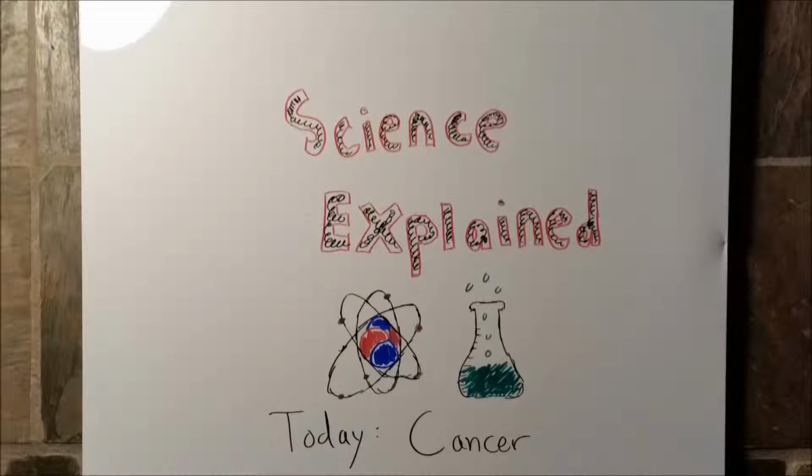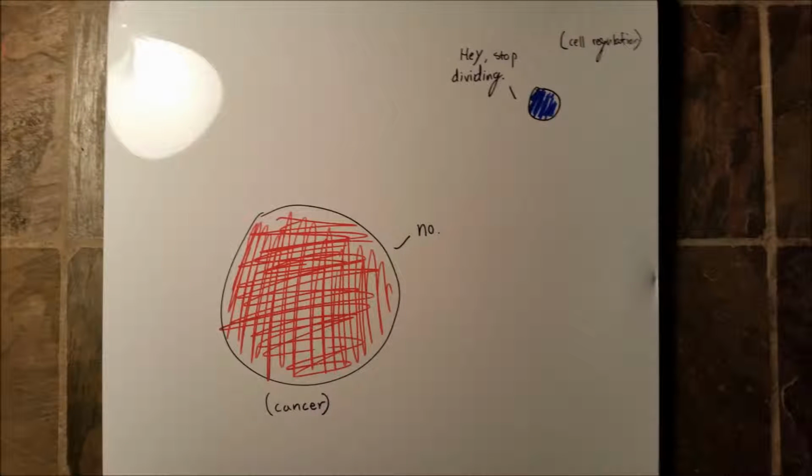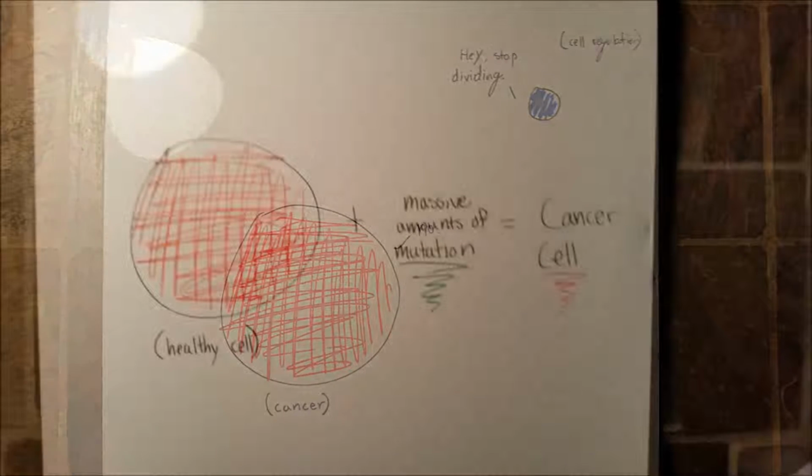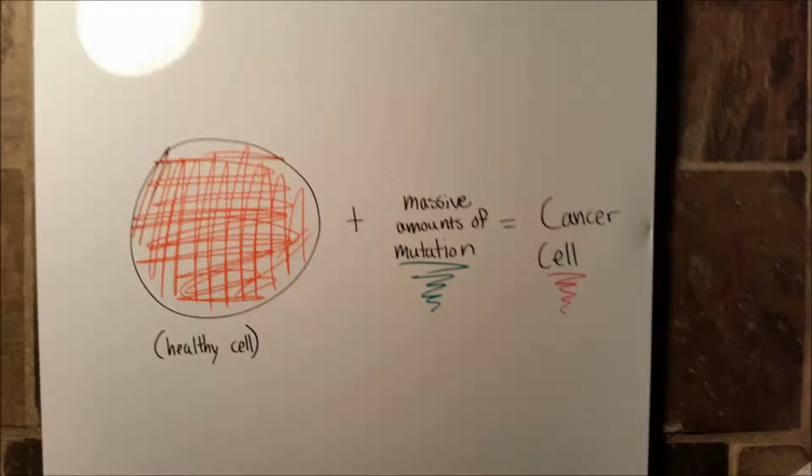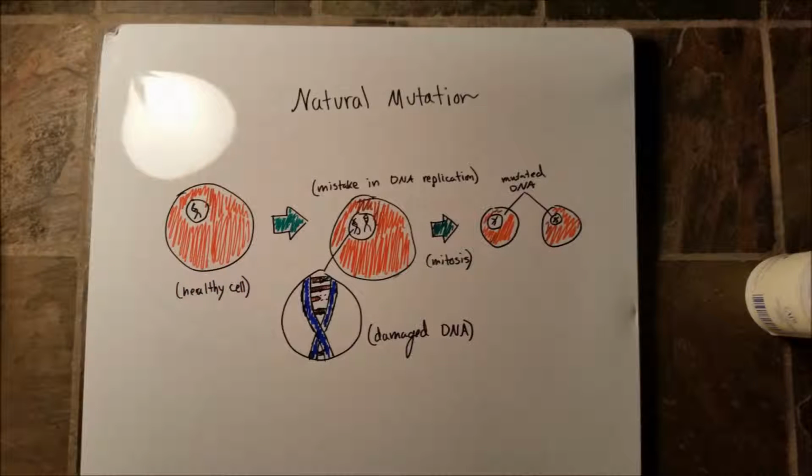Well, the answer to the first question would have to be that a cancer cell is just a cell that no longer has control of its reproduction, or essentially it just won't stop dividing. Though how a cell becomes cancerous is through mutation, and a mutation can occur in thousands of different ways throughout our entire lives. Let's start with natural mutation, which happens when your cells make a mistake during DNA replication, which